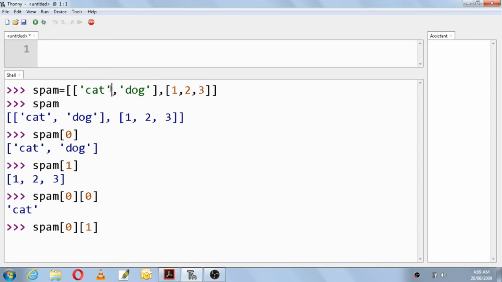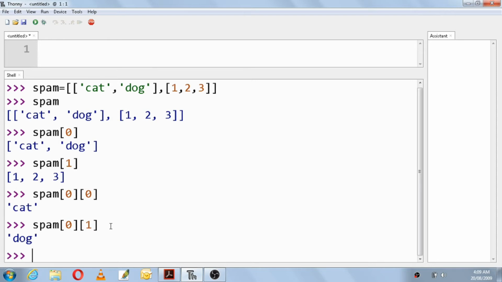In that, this will be the 0th value of the 0th list. So 0 0 will give you cat, 0 1 will give you dog. This will become the next list, so it will be 1. So 1 of 0 will give you 1, 1 of 1 will give you 2, 1 of 2 will give you 3. So let's see that 0 of 1 means it will give you dog.